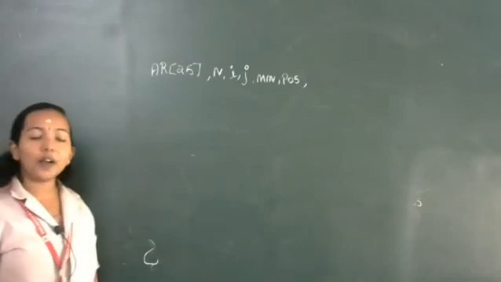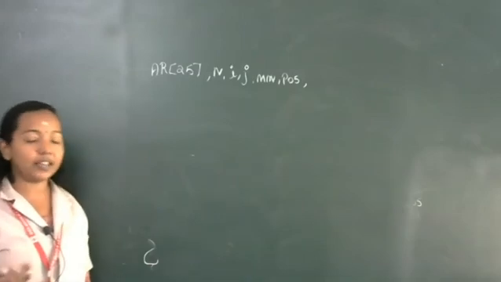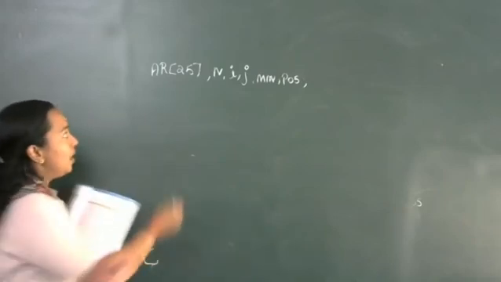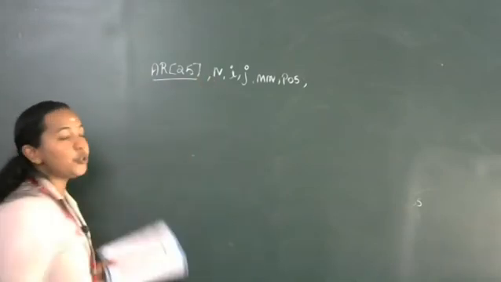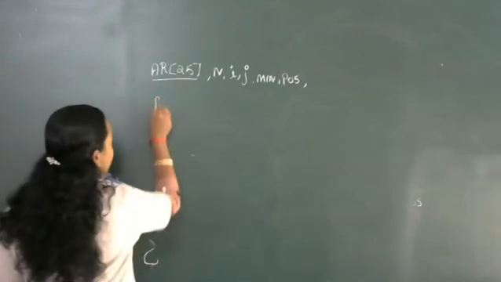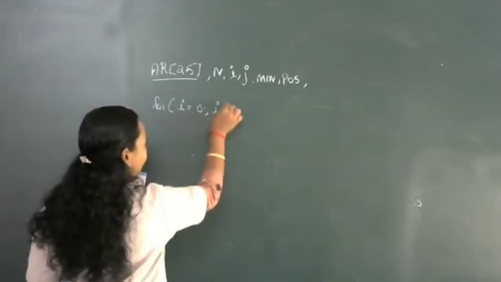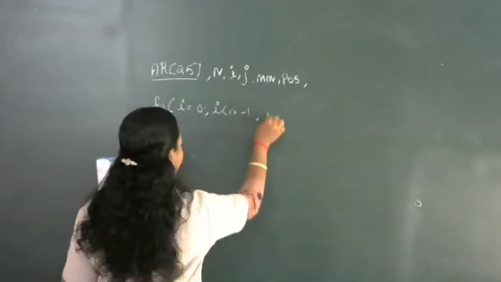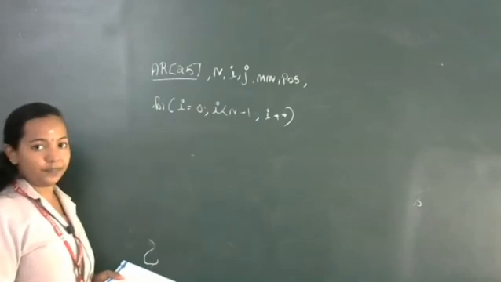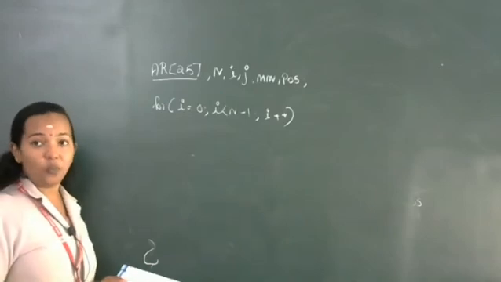Then you want to input values for the array, which I am not going to write: cout enter the array elements, then write the for loop. Now the values are present in AR of 25. So I am going to start the selection sort step: for I is equal to 0, I less than n minus 1, I plus plus. That means we are starting the passes. How many times will it execute? N minus 1 times.